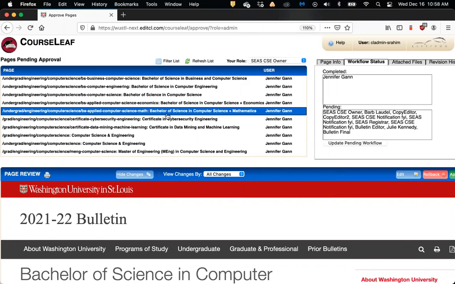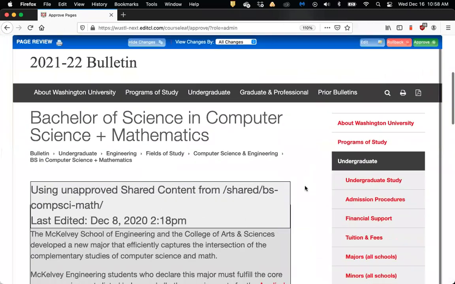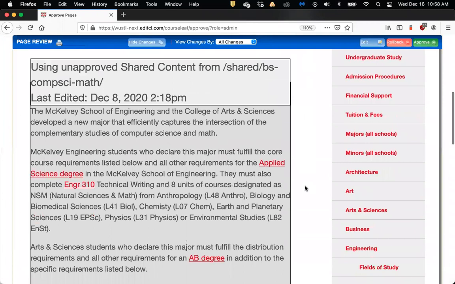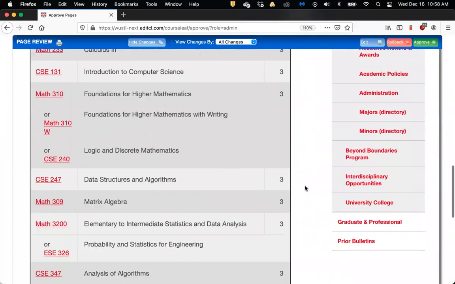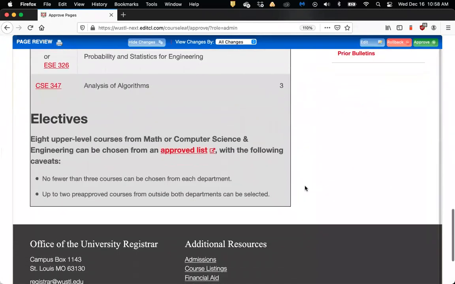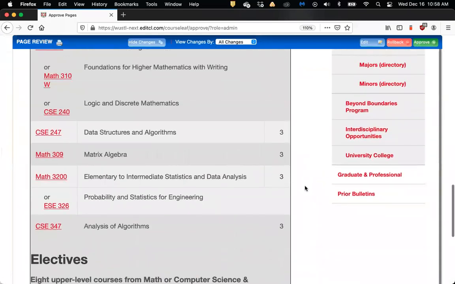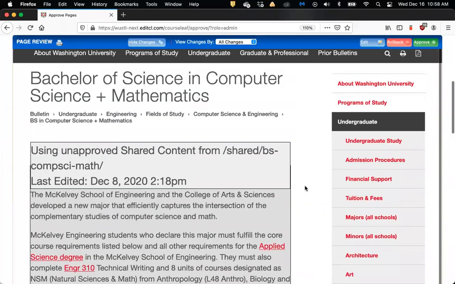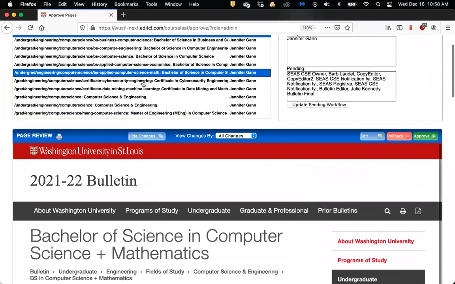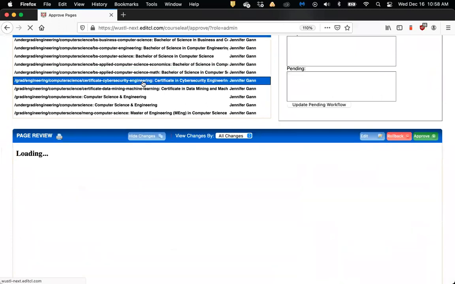And so when I select that particular line item, I can then scroll down on the page and see what that page looks like. So I'm seeing a preview of that page. And actually, let me maybe look at a different page here.